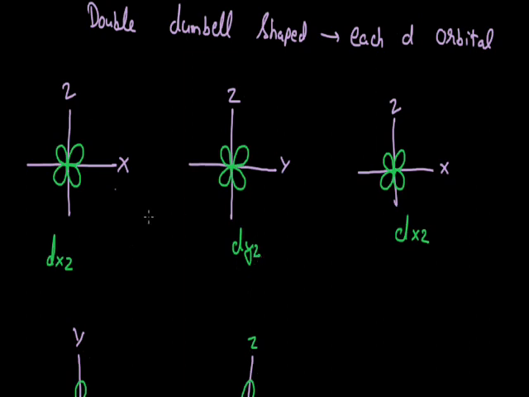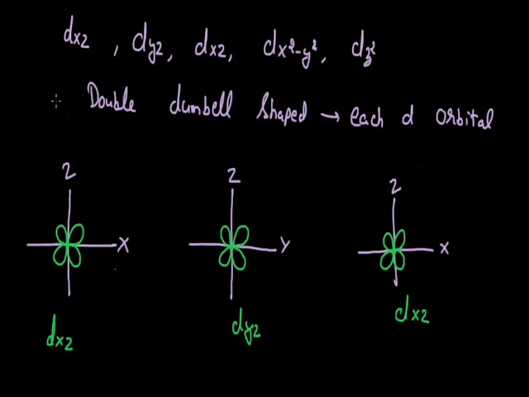As we can see, this dxz, dyz and dx... here one thing is wrong. As we have talked about dxz very first, then dyz, the name of the third orbital is not dxz again. The name of this orbital will be dxy, and here the lobes will not be x and z, since we have seen the arrangement of dxz initially. So here the lobes are x and y, and the name of this d orbital is dxy. So that is about the 5 orbitals.